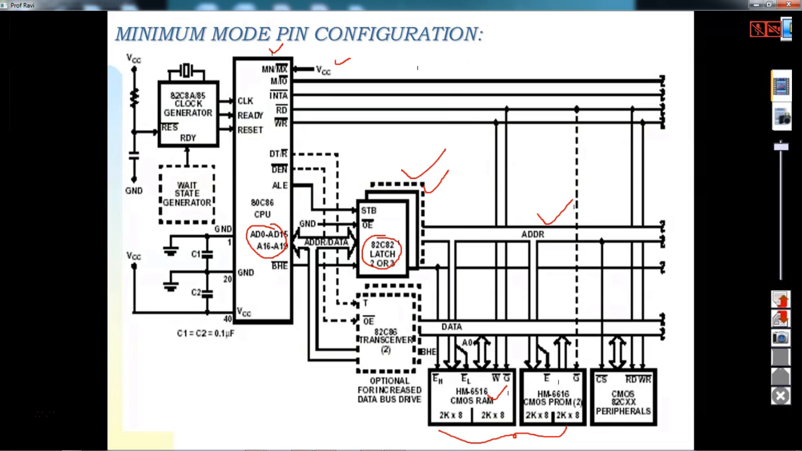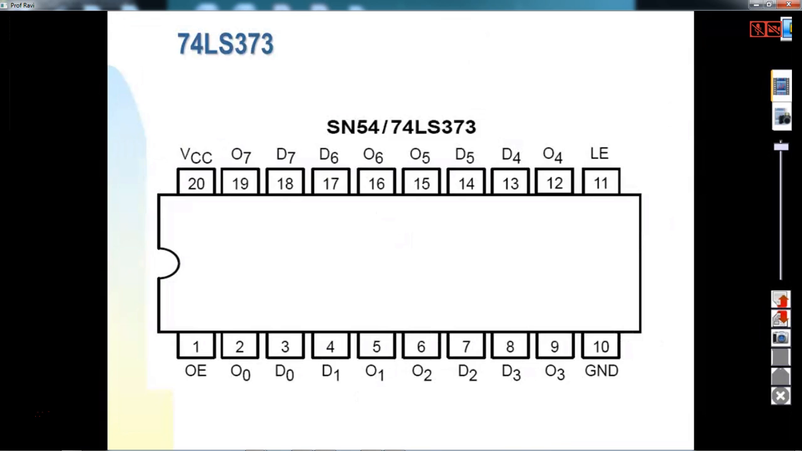That means your booting instructions can be stored in PROM or E-square PROM. So you need 2 PROMs and then 2 RAM ICs to design this particular system. So now